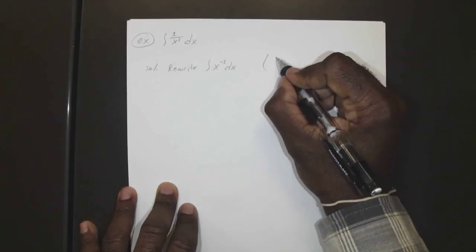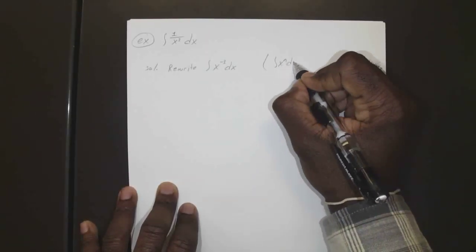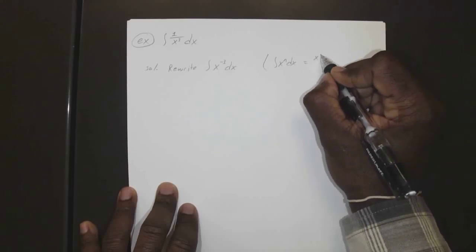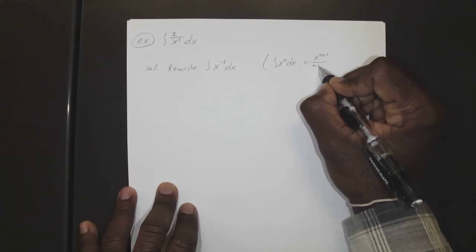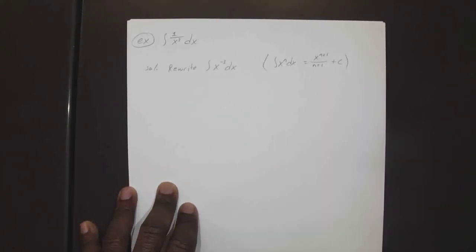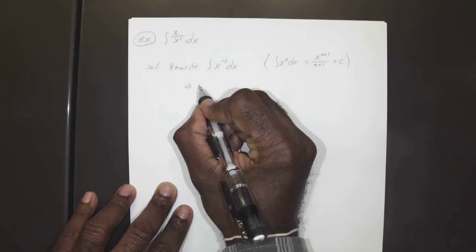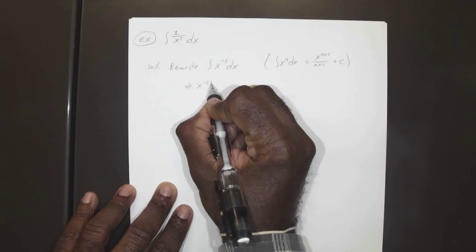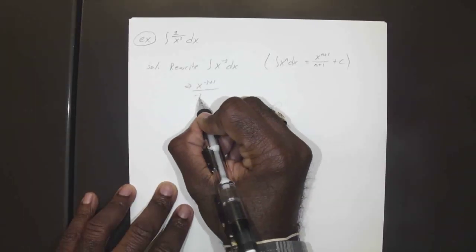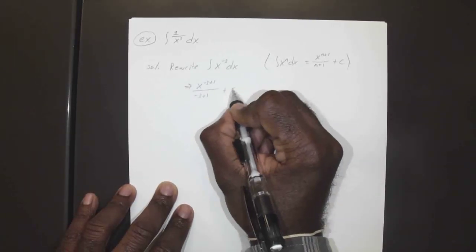Remember that the integral of x to the n with respect to x is equal to x to the n plus 1 over n plus 1 plus c. So this would be x to the -3 plus 1 over -3 plus 1 plus c,